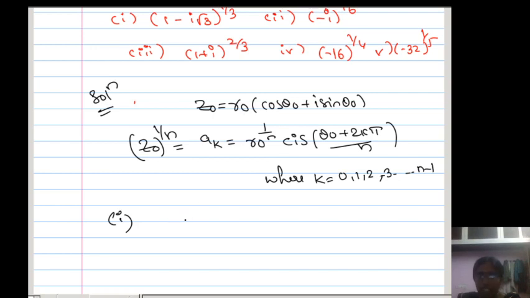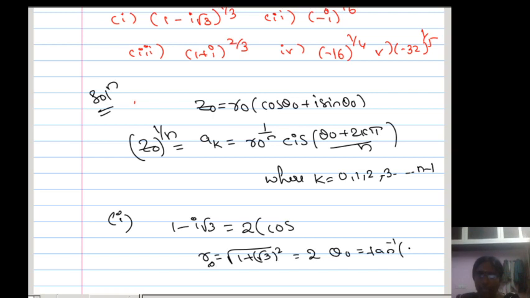For example, z0 equals 1 minus i root 3, which can be written in polar form. What is r naught? Under root of x square plus y square, that is under root of 1 square plus root 3 whole square, root 4, so you get 2 cos of theta naught. The principal argument of this complex number, theta, is tan inverse of y by x. Next, how do we get theta naught? Tan inverse of mod of y by x, so again tan inverse of root 3 by 1.